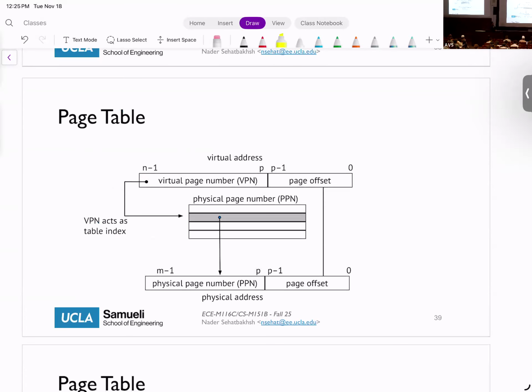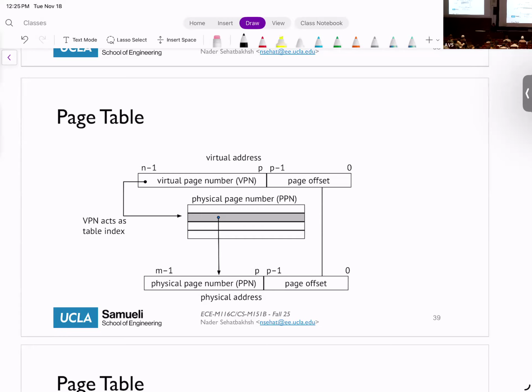So how does this page lookup or page translation look like? The page translation looks something like this. Think about this as your page table. Think about it as an array, indexed by the virtual page number.